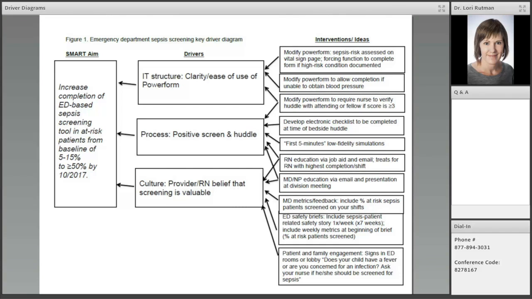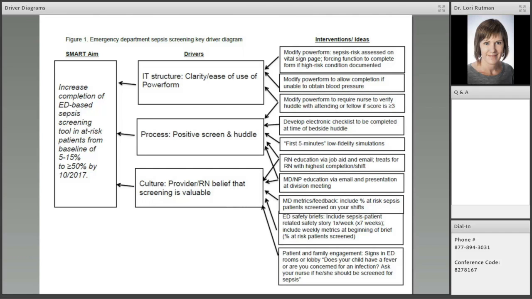So the structure here that really was at play was our IT structure. So the screening tool was a power form, which is just an electronic form that a nurse completed when she was doing the intake vital signs. And the clarity or ease of use of that power form was the key structural element that was identified by the group to be playing a role in whether or not patients were screened. The process